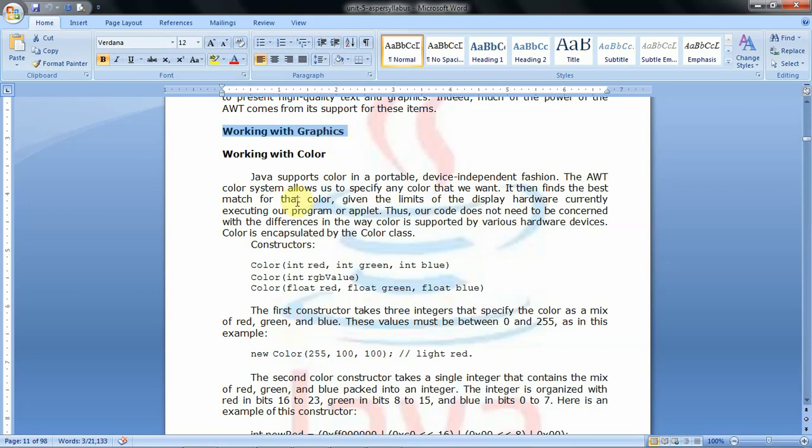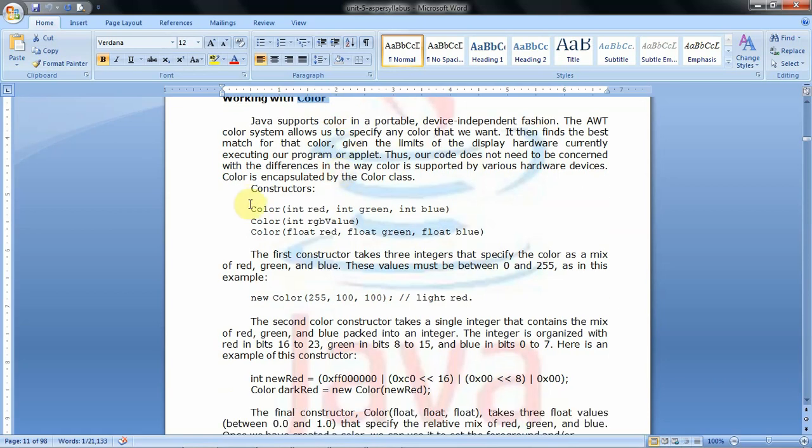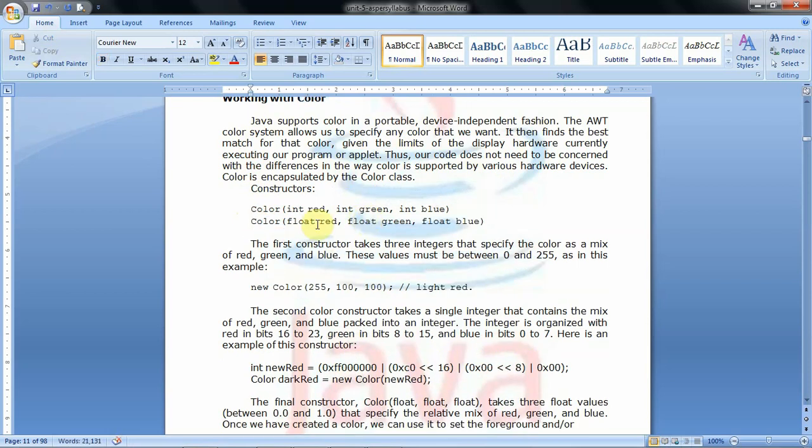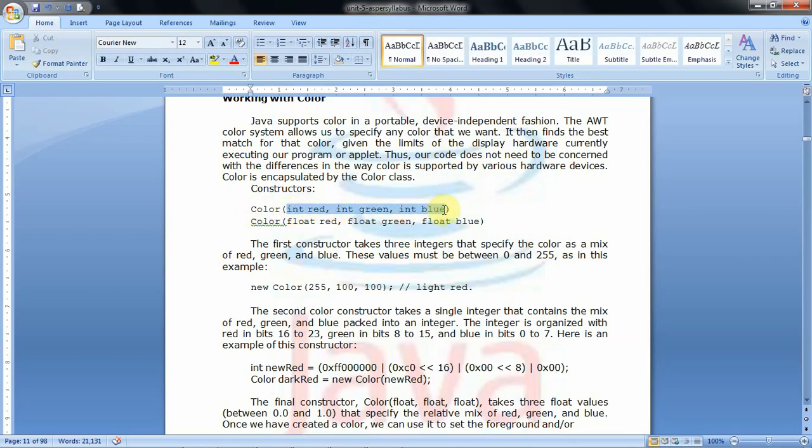In that, first we will discuss the Color class. For making colors, Java has the predefined Color class. By using this Color class we can construct color objects. Mainly this Color class has two constructors. The first one takes three integer constants.